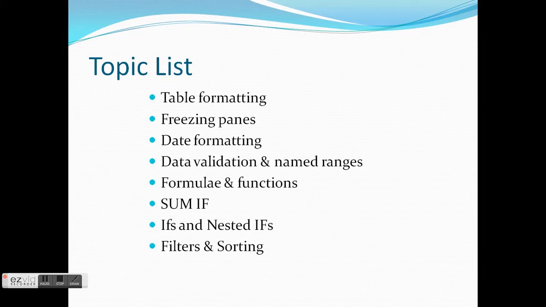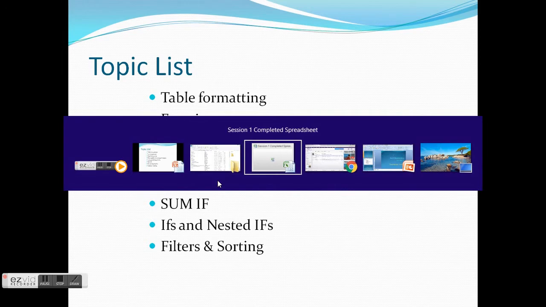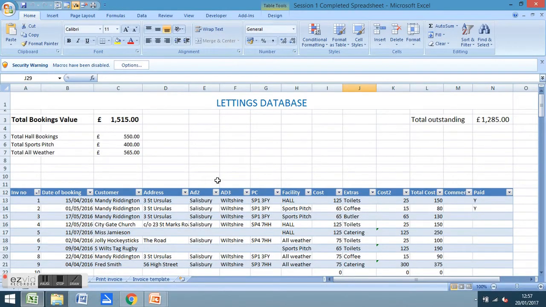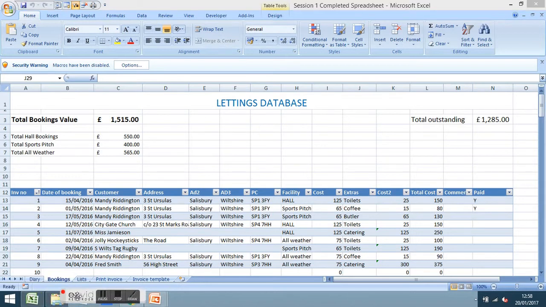and I've first of all got on screen the spreadsheet that we are aiming to complete in this session. I'm going to be starting from scratch, but this is what we hope it's going to end up like. And so we have on here, as you can see, a list of all of our lettings. It's got details of when, who, what, and so on. In addition, looking at the tabs across the bottom, I have a diary. And on my diary, as you can see down the left hand side, I have all sorts of dates. I've got highlighted blocks showing me who has booked the various dates, and the blocks change colour when a booking's